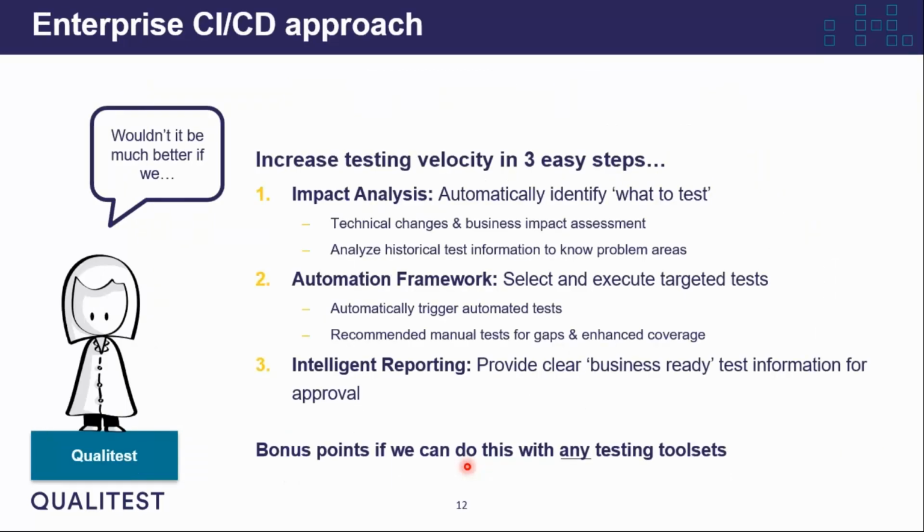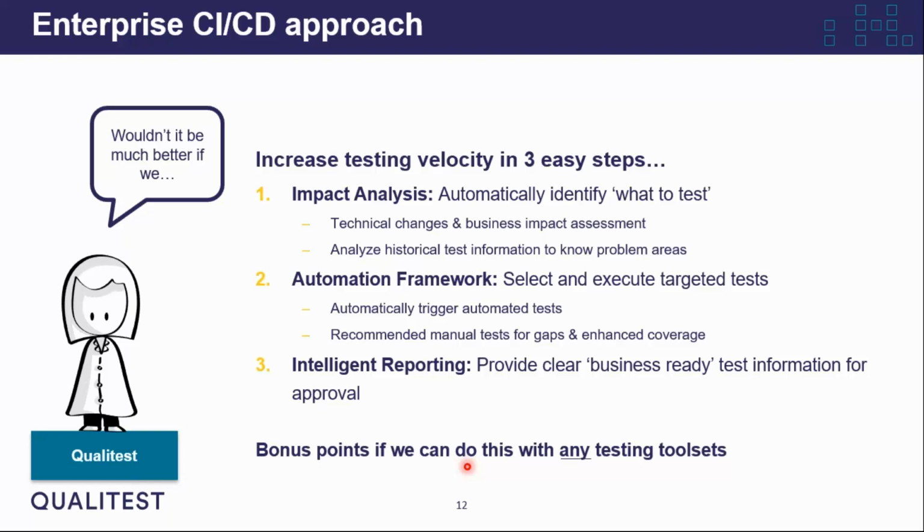So surely there's a better way to do this. And we think there is. And it'll be interesting just on those challenges at the end if we get some questions and either have you seen it before, are you seeing it now, and have a good discussion about it, because we think you probably are seeing those challenges and there's a better way to do it. And we've broken it down into 3 straightforward steps, looking at velocity, which is about increasing the speed, increasing the accuracy, increasing the quality of your approach.